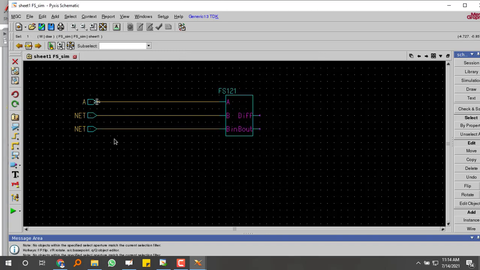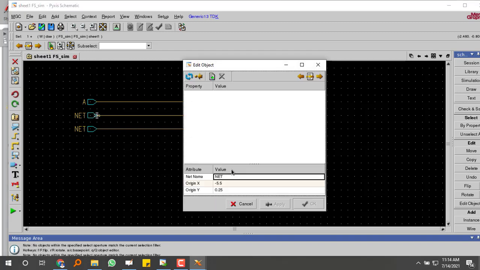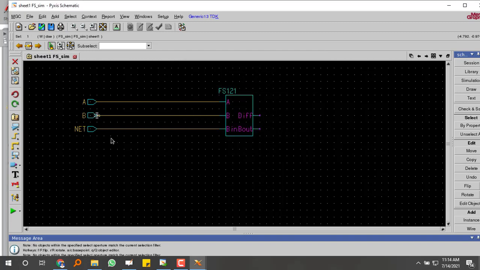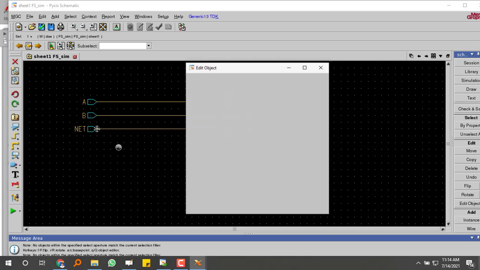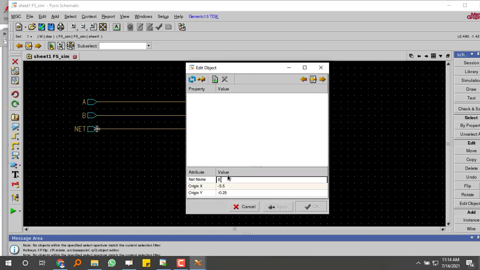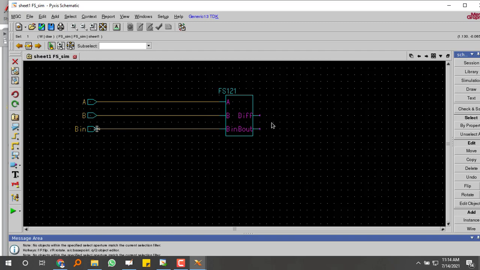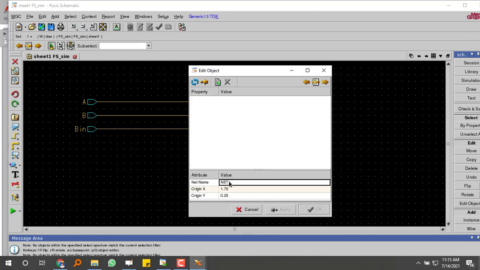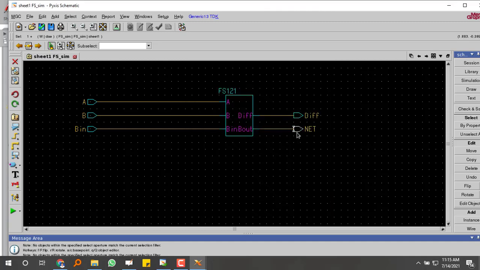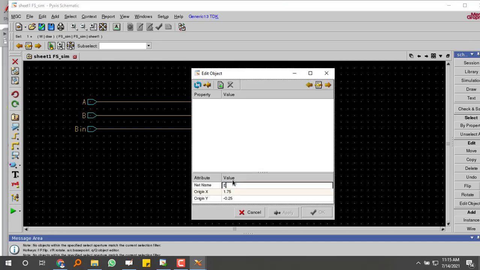A, B and borrow in. So once this, then outputs are difference and B out.